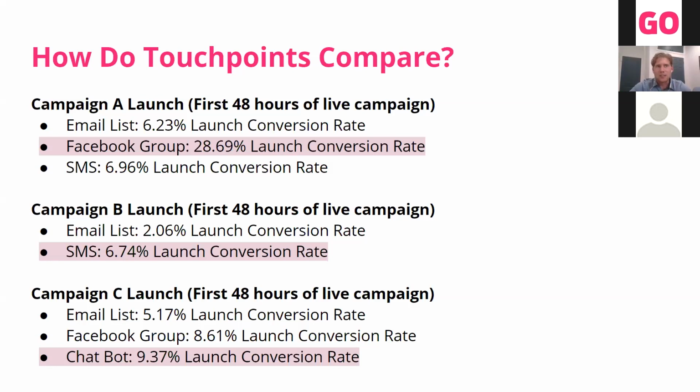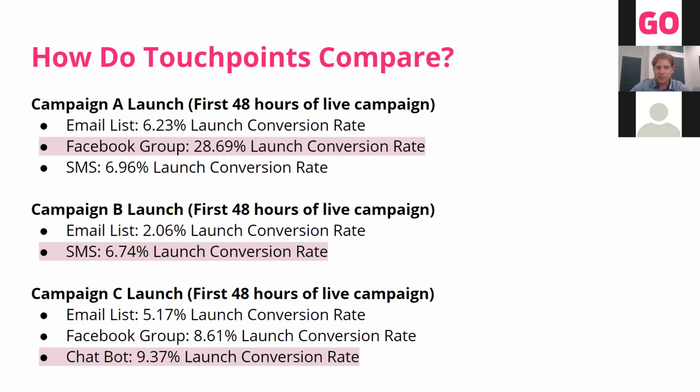So to emphasize, usually we'll see about 50%, perhaps 2/3 of the leads that are going to convert will convert during that first period. So if about 50% of the leads that will convert into customers do so in the first 2 days, then you can imagine that these overall percentages at the conclusion of a campaign will probably be about double. So if 6% in campaign A convert from an email list in the first 48 hours, probably about 12% would have done so by the conclusion of the campaign.